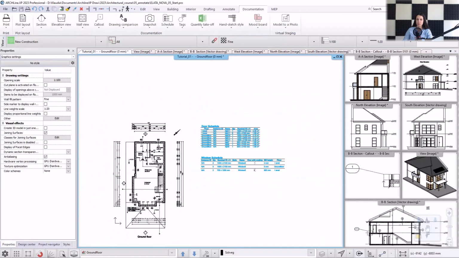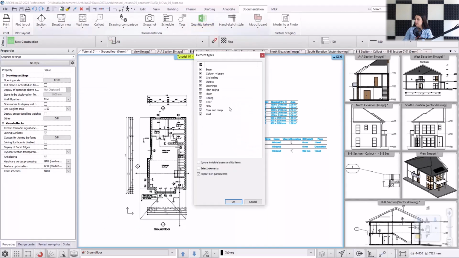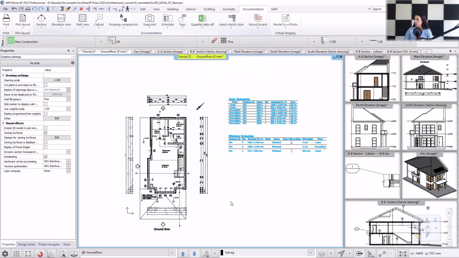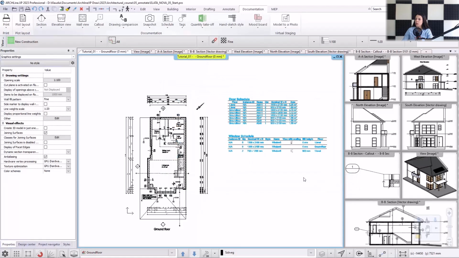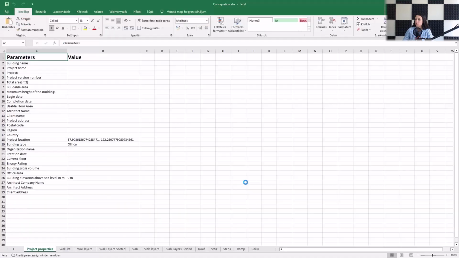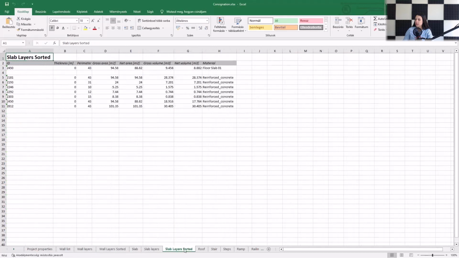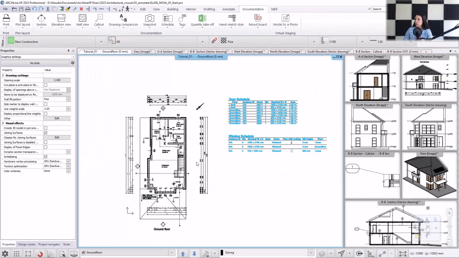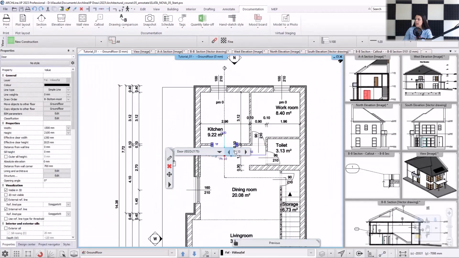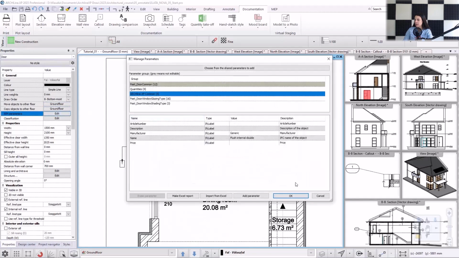Now that we're talking about reports, let's look at the quantity takeoff Excel list command. We can create Excel lists for various architectural and interior design elements. I'll focus on building calculations and different architectural elements. I accept, and we can save it in XLS format on our computer, then open it in Excel if it's installed. Here, we have various listings that we can modify or edit. By the way, the program can also list BIM parameters. So, for example, if I select this door here, we'll find the BIM parameters here, which we can edit, modify,